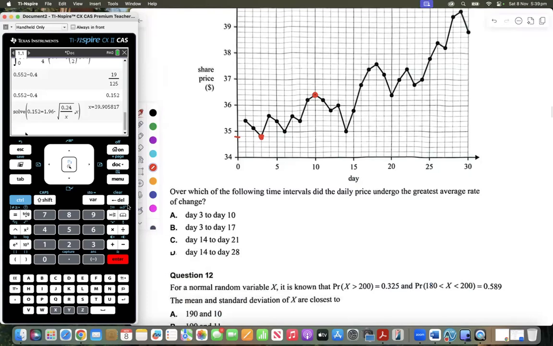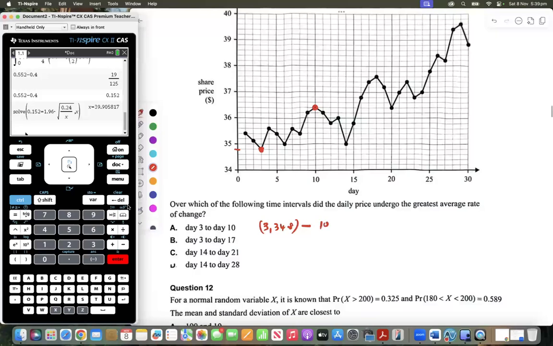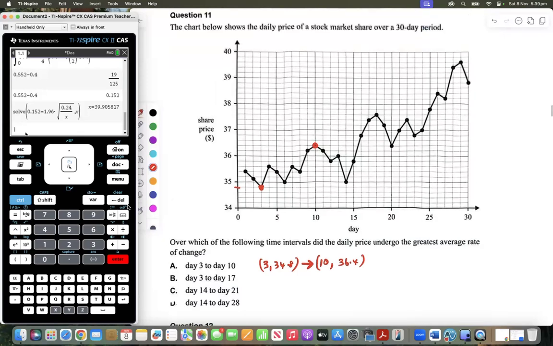Your coordinates are 3 comma 34.8 to here, it's 10 comma 36.4. Then you have to do this calculation, but rather than doing that, we can use our straight lines and just